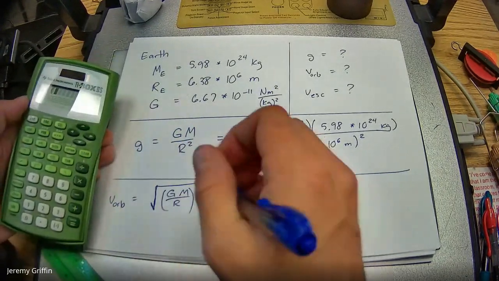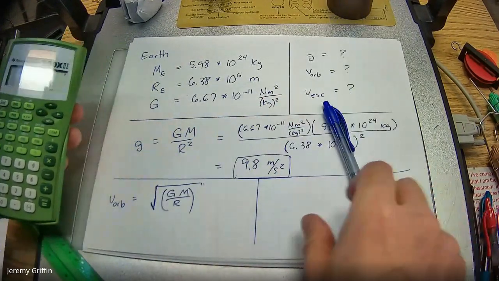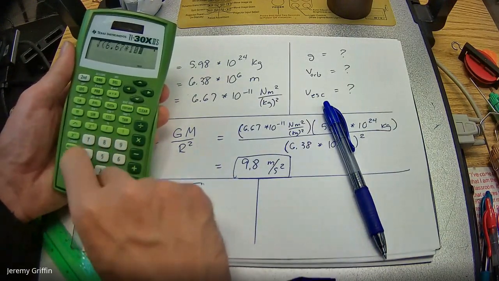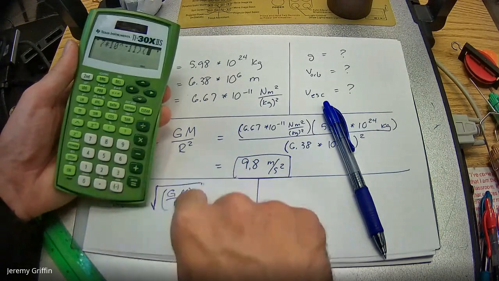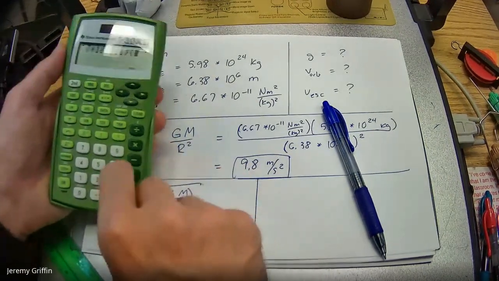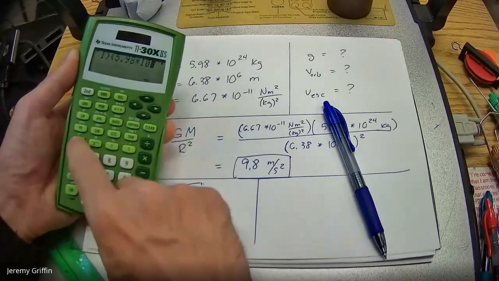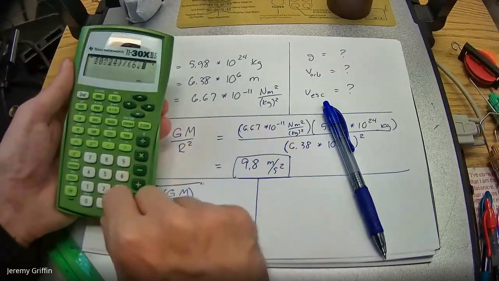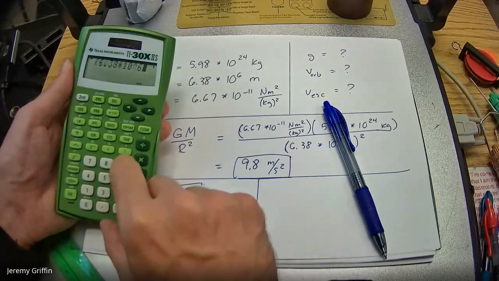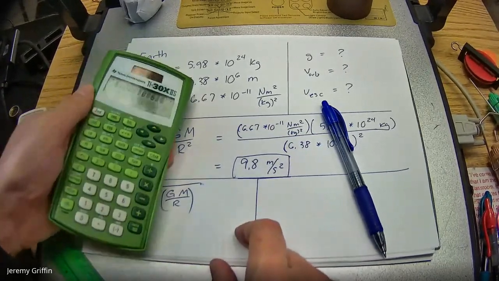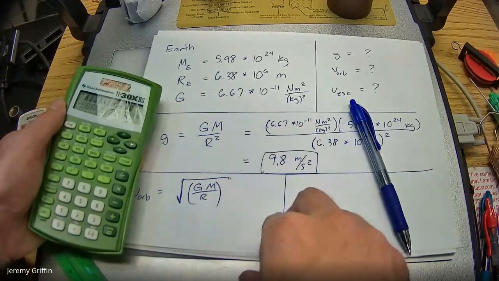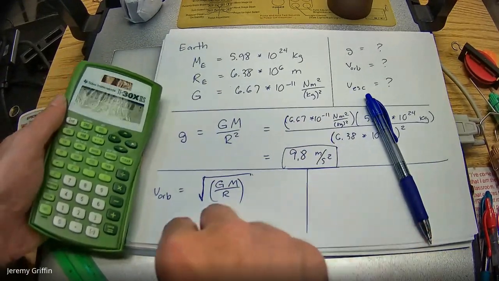Let me do something that's wrong. Pay real close attention, see if you see what's wrong. So G, 6.67 times 10 to the negative 11. Mass of the Earth is 5.98 times 10 to the power 24. Close, divide by open, radial size of Earth, 6.38 times 10 to the 6. Close. Now, the way I typed that in, I'm going to get the wrong answer, but I'm doing this intentionally because this is a common mistake that I see students make.